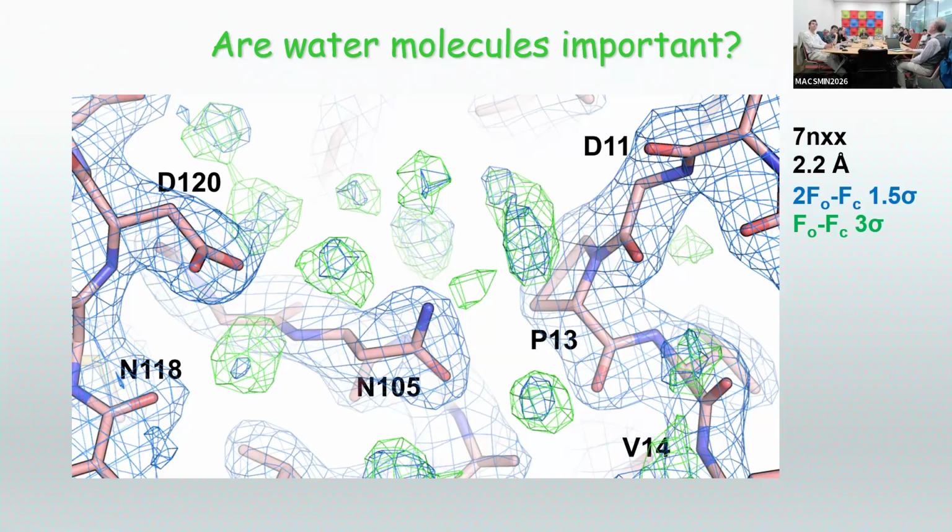And there is something about that, because I remember that during the COVID pandemic, there were lots of structures of the virus-related proteins, and we were working on the main protease of the SARS-CoV-2. And of course, as almost every crystallographer, we did it using frozen crystals. There was a paper